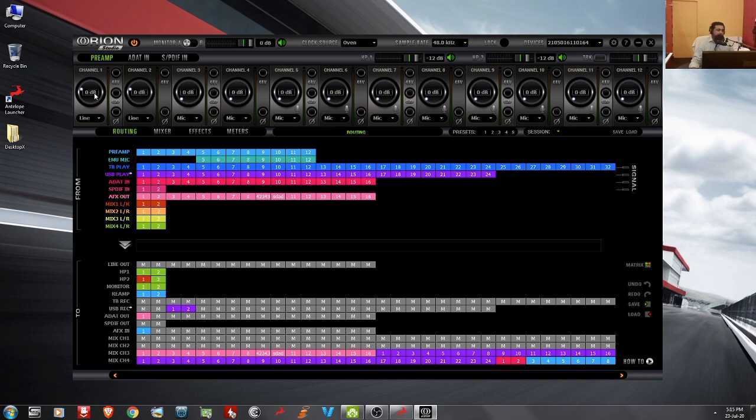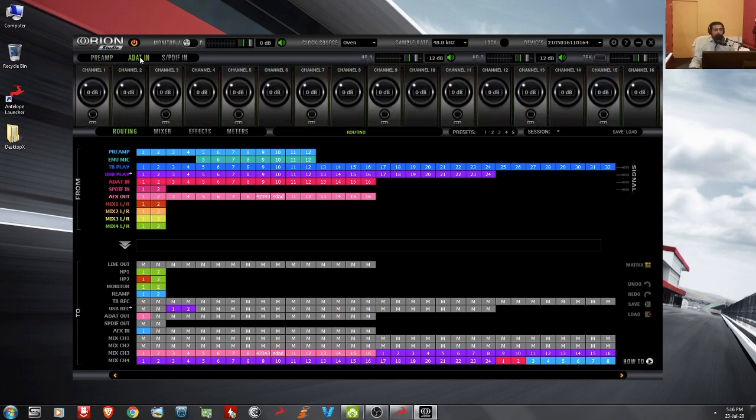All of the preamps you can control digitally. So you can save all these setups as a session preset and you can recall whenever you want. So if you are using a mic, you can select mic. There is a phantom power button here. There is a link button for linking the two channels. If you are using a line device like a keyboard, you can link the two channels together. Okay, and there is a phase shift option provided for your microphone. So these all are same for the other strips also.